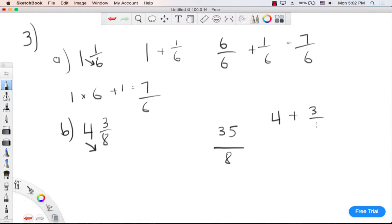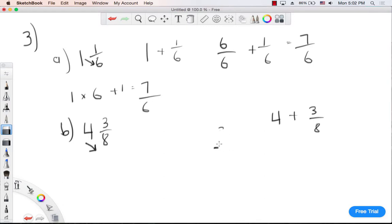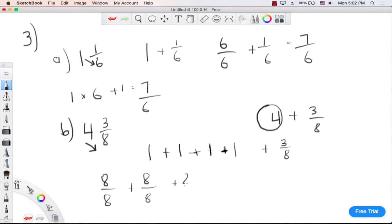plus 3/8, and then I'm just going to erase some of this here. Let's erase this. So say we got 4 plus 3/8. Well, it could be like 1 plus 1 plus 1 plus 1 to represent the 4 plus 3/8. And then another way to write the 1 on all these is 8 over 8 plus 8 over 8 plus 8 over 8 plus 8 over 8 plus 3 over 8